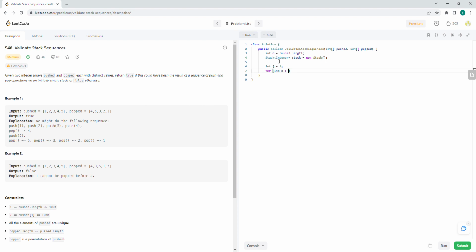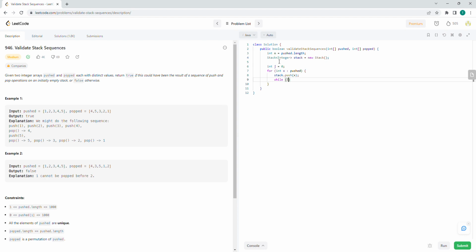This enhanced for loop here, pushed. For each value x in pushed, we are going to push it into the stack. stack.push(x). This is using the internal Java stack algorithm, or the data structure, I should say.